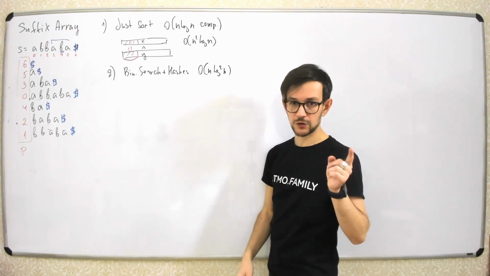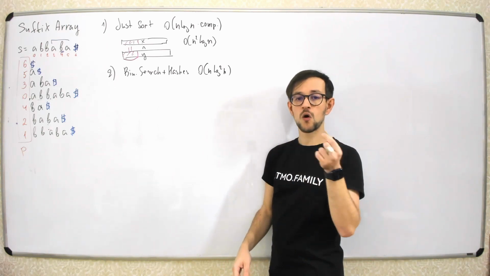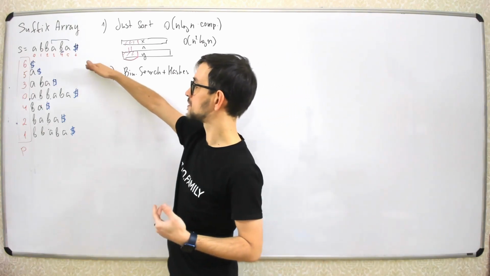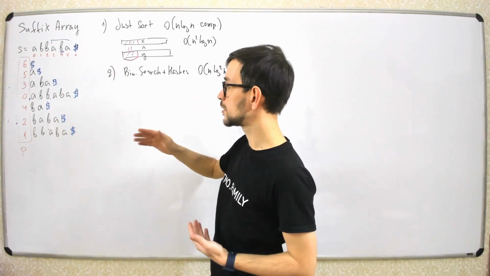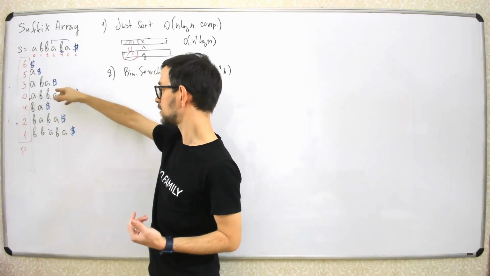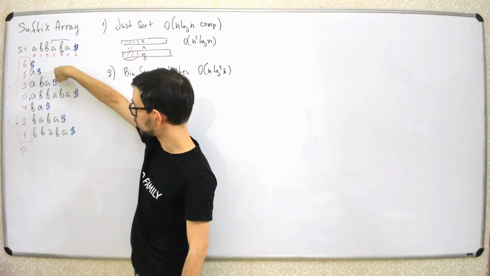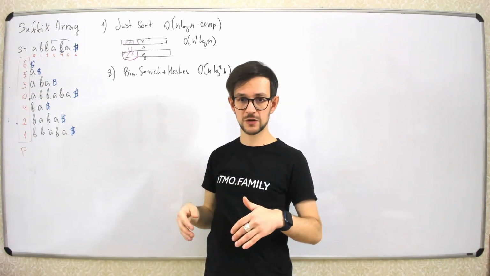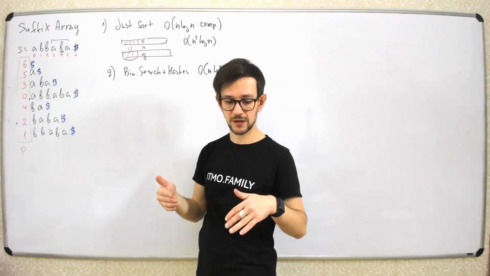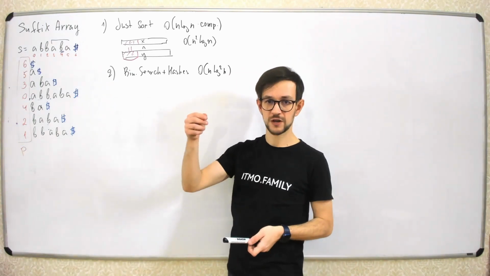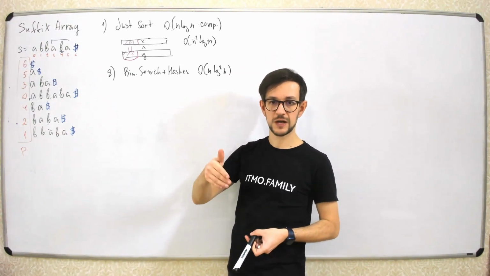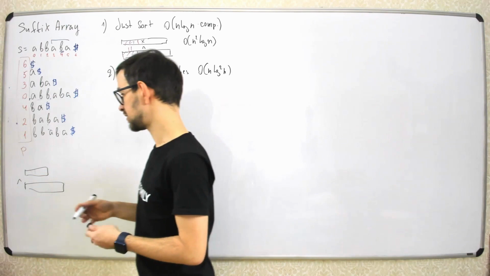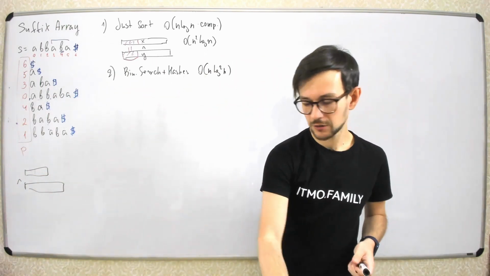Now let's see. If I add this special character to all the suffixes, the order of the suffixes will not change. Because when you compare two suffixes, you compare them from left to right. If you compare this dollar to something, it will be less than something, and that's what you need. So if one string is a prefix of another string, it must be less. So if one string is less than another string, then when you add the special character at the end, it will still be less than this string. Again, you have two strings, and this string is less than this string. If you add this $ sign to this end,